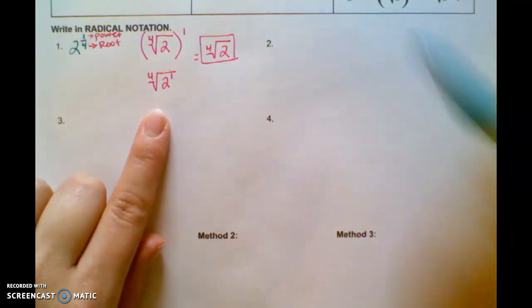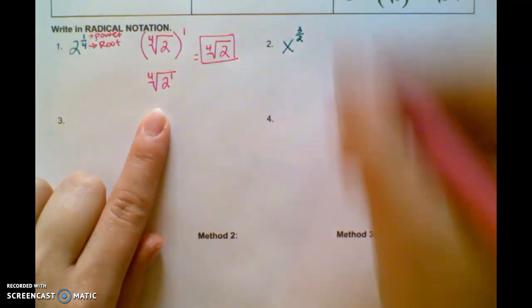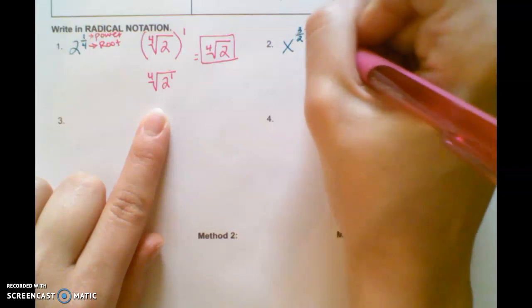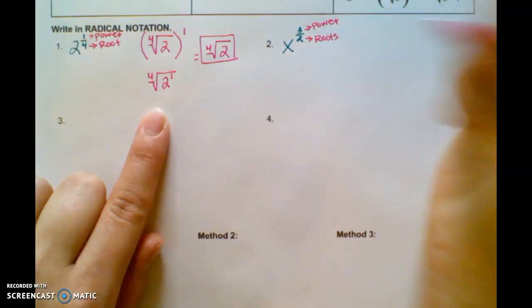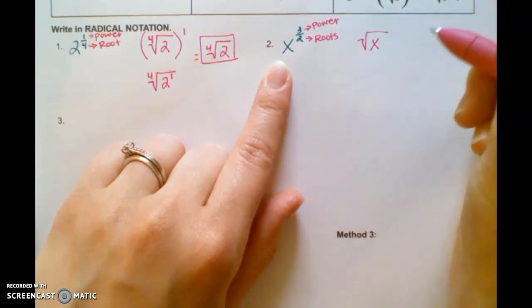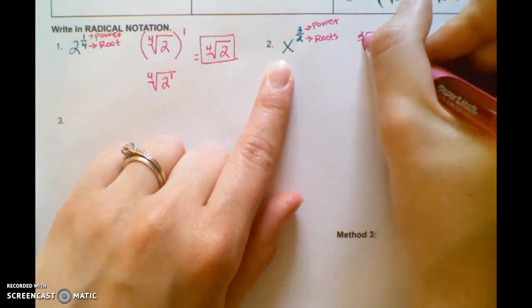Let's look at another one. x to the 3/2. Well, the power is on the top because of the power of the sun. Roots are on the bottom, roots of a tree. So that means this x is going to go inside, and this 2 is our root. So this is actually square root of